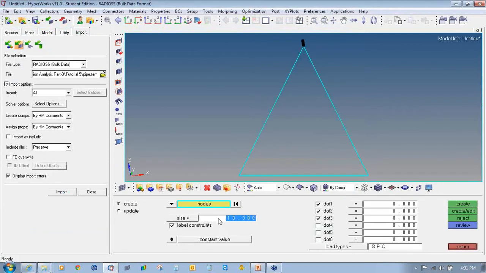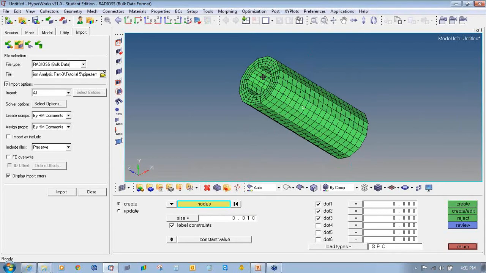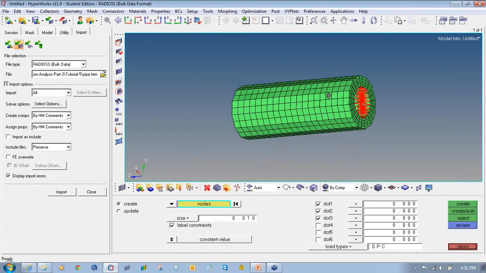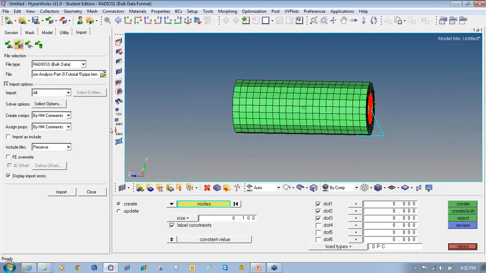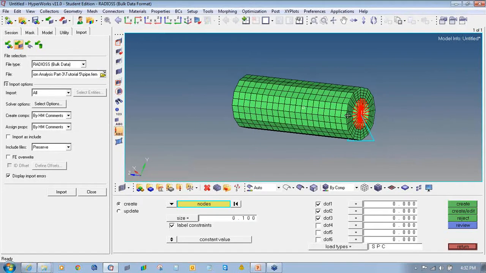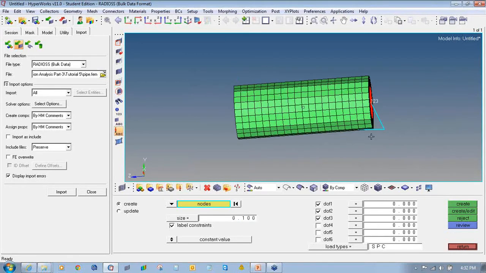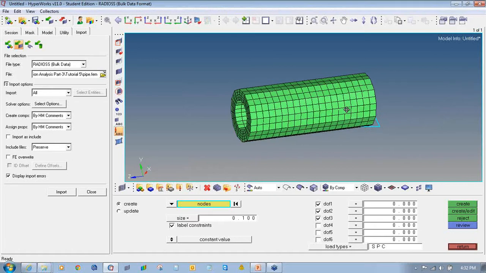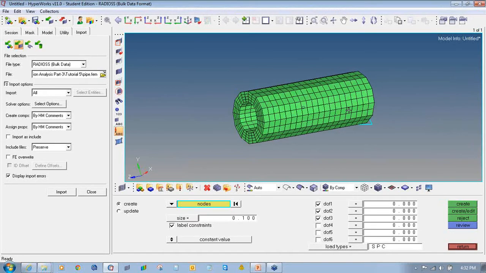Analysis constraint and decrease the value. I will again further decrease the value. So it is constrained here, as you can see. The model is short, that's why the size of the constraint is very big. So it all depends on the model.